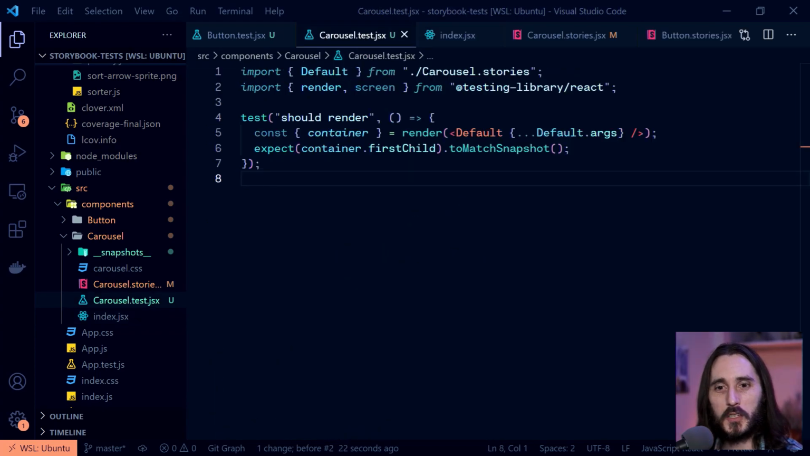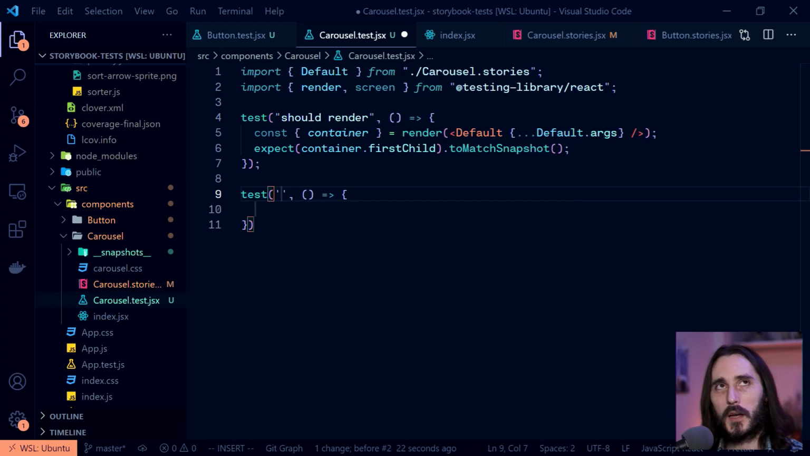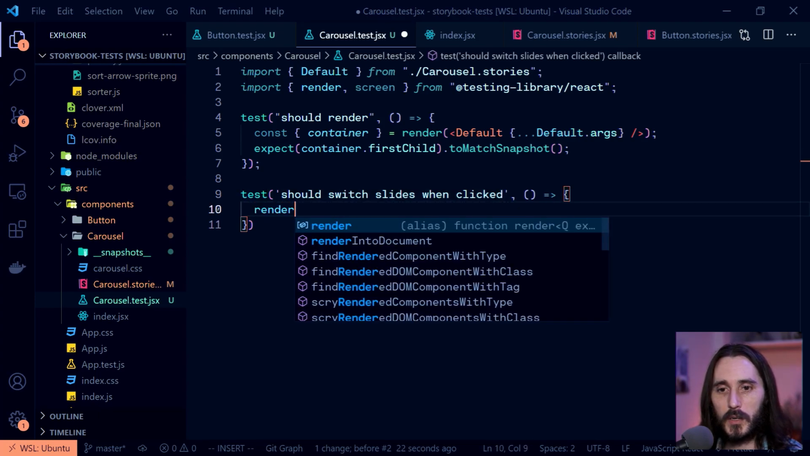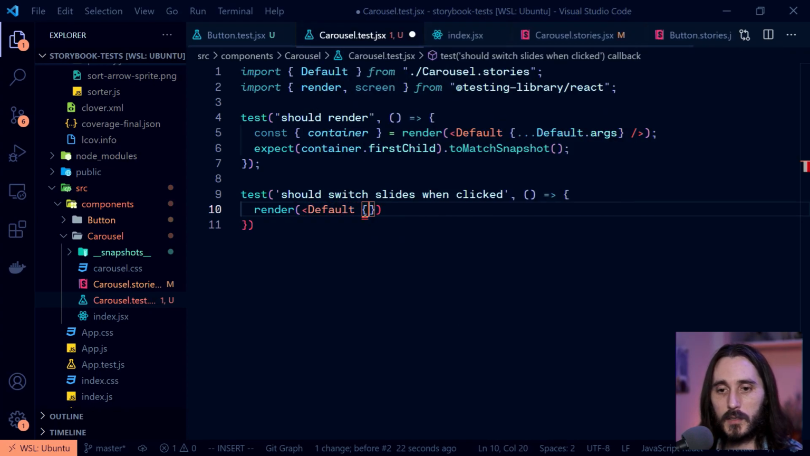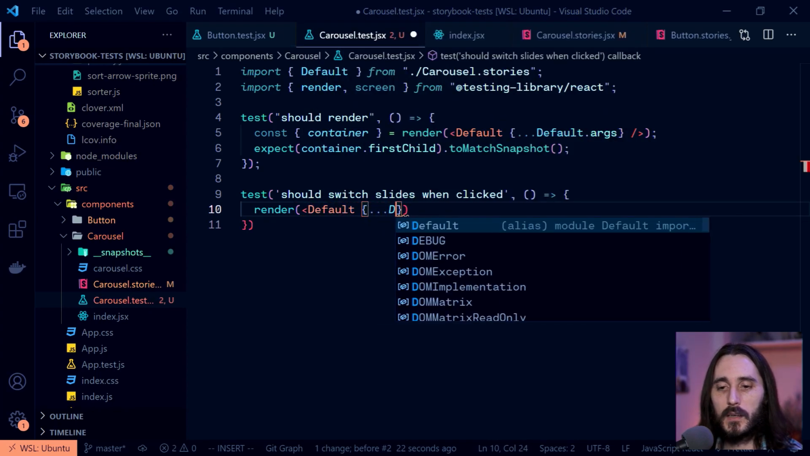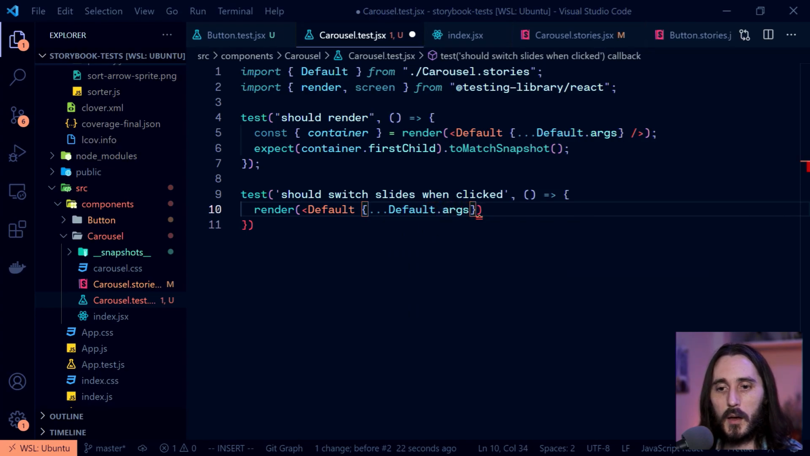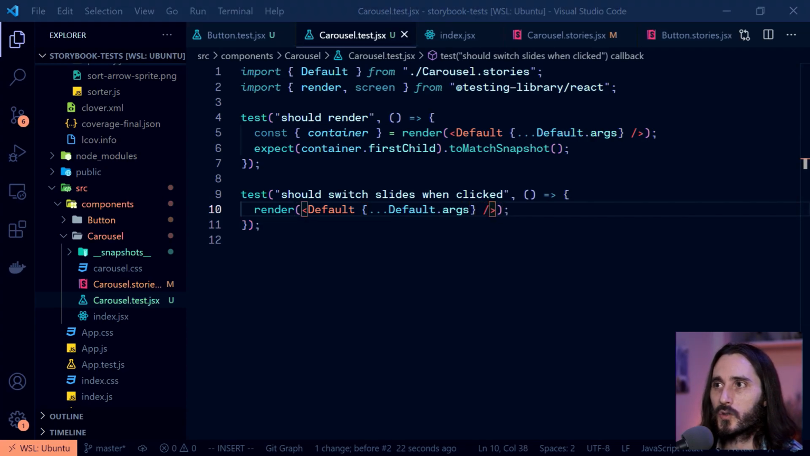So let's test some functionality, shall we? I'll write another test here. And this one, I'll do should switch slides when clicked. And we're going to start off by doing our normal render here with default. And in this case, it's going to be the same thing. We don't even need a new story at all. What we're actually trying to mimic here, what am I missing? Yes. What we're trying to mimic here is if we go over to our storybook,